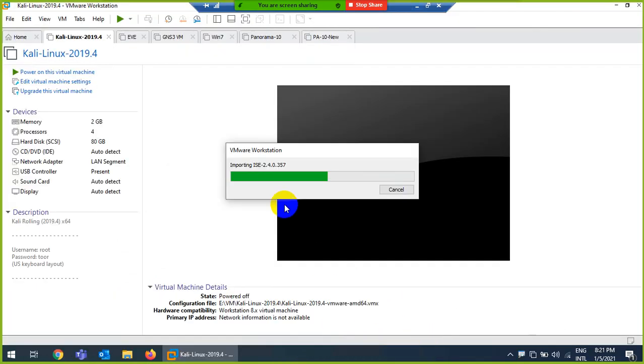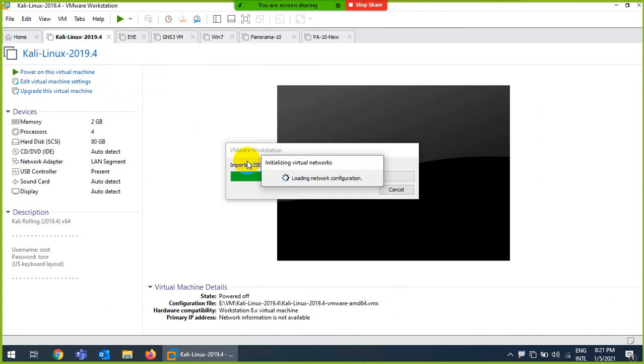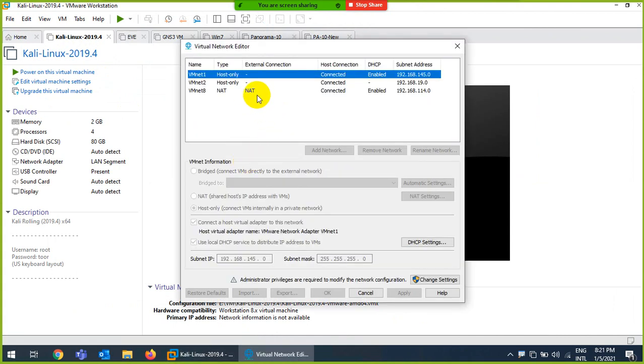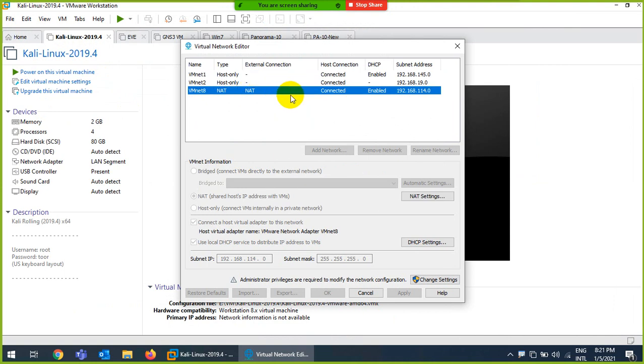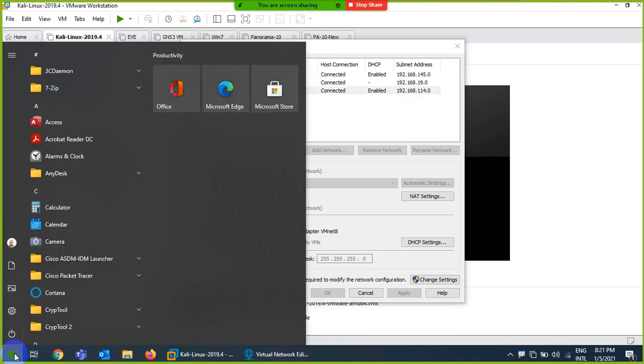So let's go there. In my case I will use NAT. In my NAT interface I'm using this range, so I will assign an IP in the same range. Keep in mind, in your case it will be different. I'm using 192.168.114.